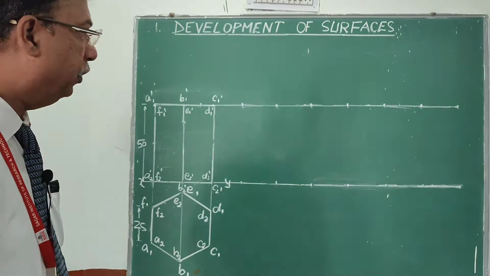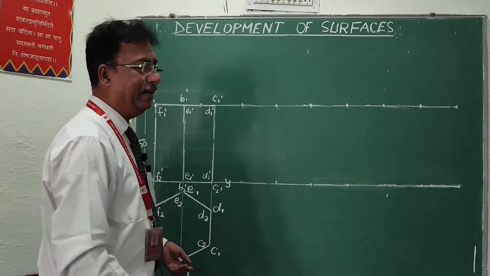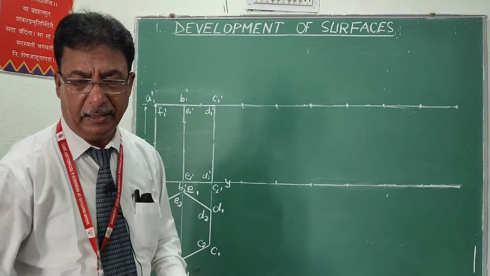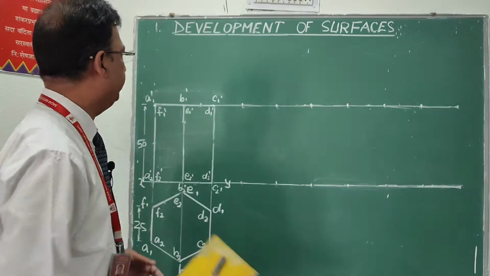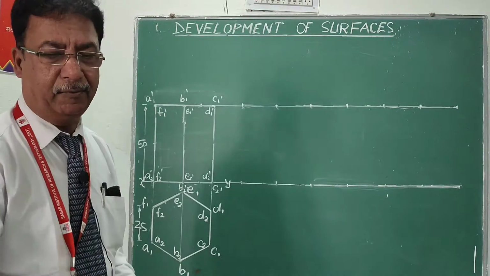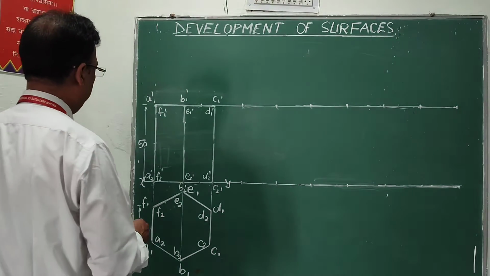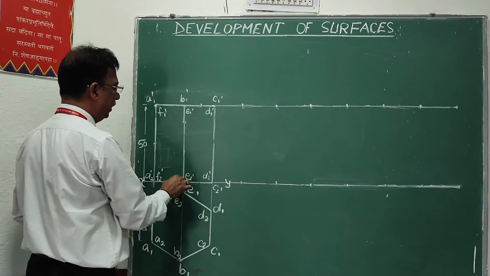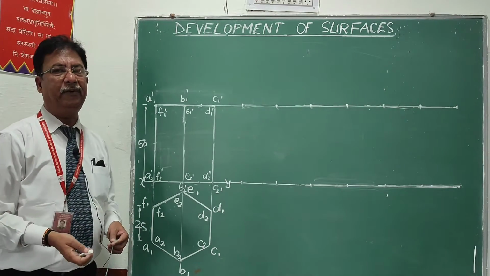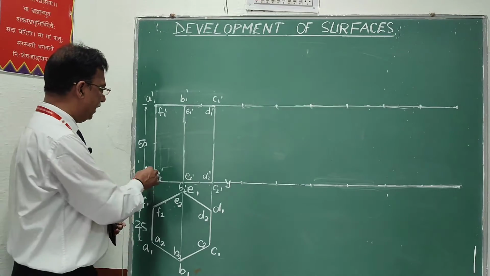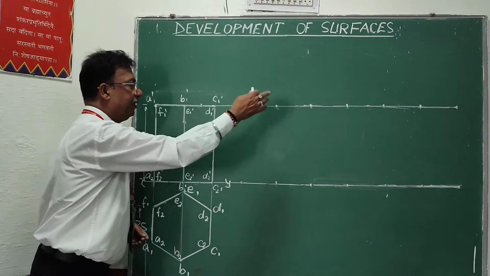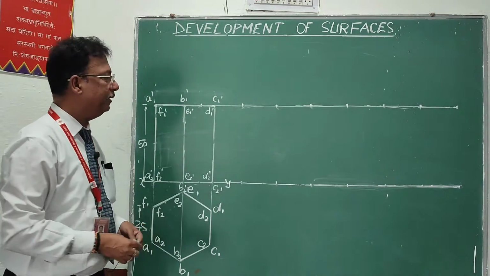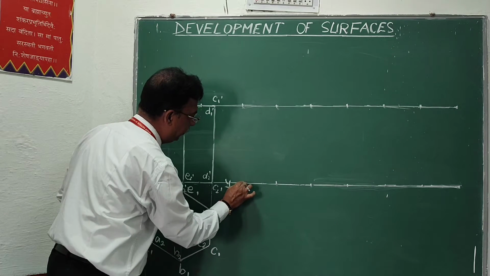The method will be the parallel line development method. As you already know, the parallel line development method is used to develop a prism. So I am going to open this, and these are the two parallel lines. As you know, this height will always be true, and we are going to get rectangles of size 50 into 25. So 50 will be along these two parallel lines. Then I have marked the first point.